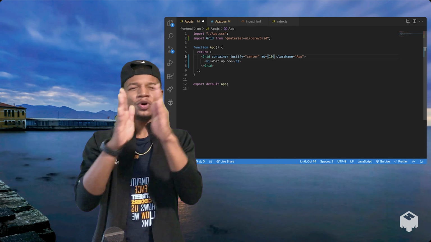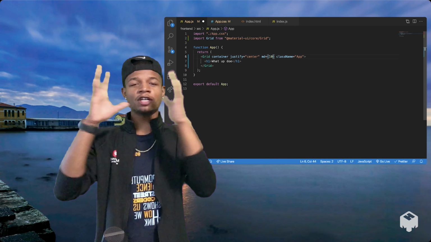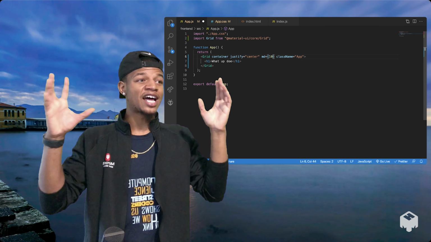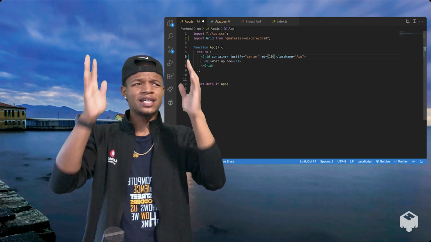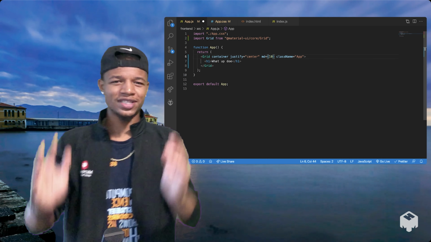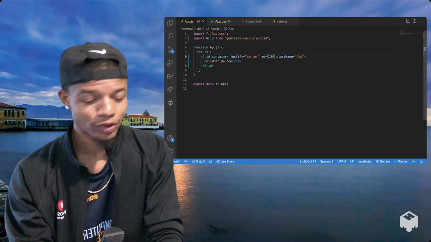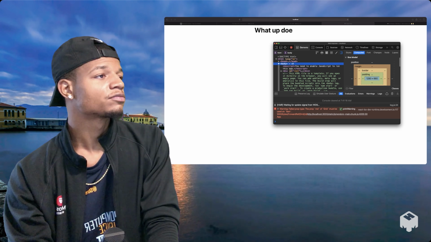And if you know how websites are set up with the 12 bars, this is saying out of those 12 bars I want 10 of them, and I said I centered them, so that means it's gonna be a bar on the left side and a bar on the right side, and the center in the middle is going to be where the width is. And this is how I just control the width, just like that. Watch that. So we refresh,